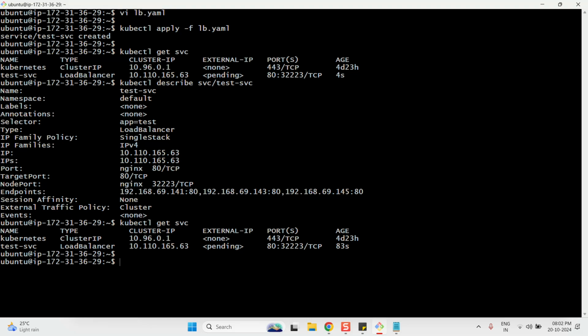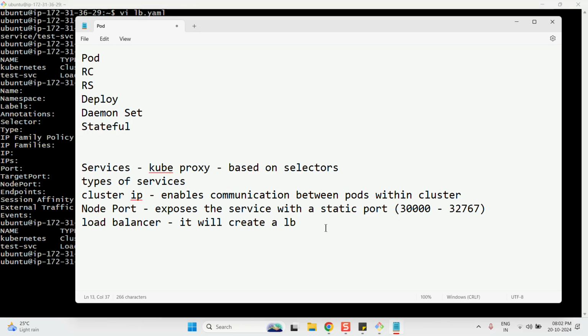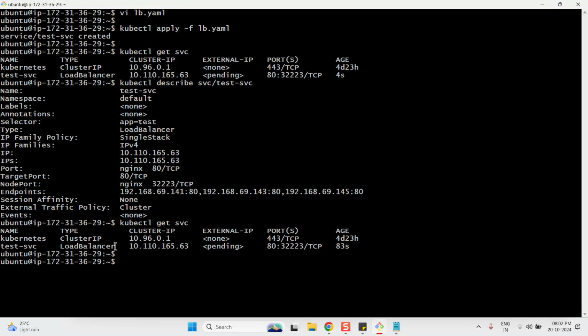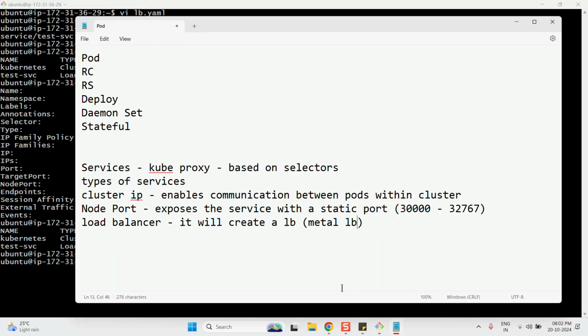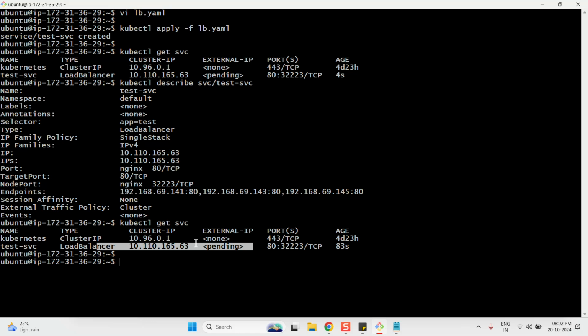So what I want you to do is try by yourself. You can try MetalLB. This is one of the load balancers we can use for Kubernetes, I mean to configure this LoadBalancer type. You have to configure MetalLB. Try this or the AWS load balancer. Try any of these. What's happening here is it's running on some Linux server. Correct? This is what we are doing, right? How the hell will it know